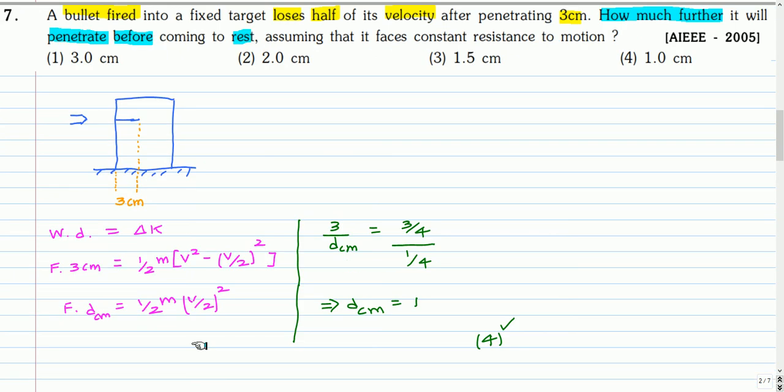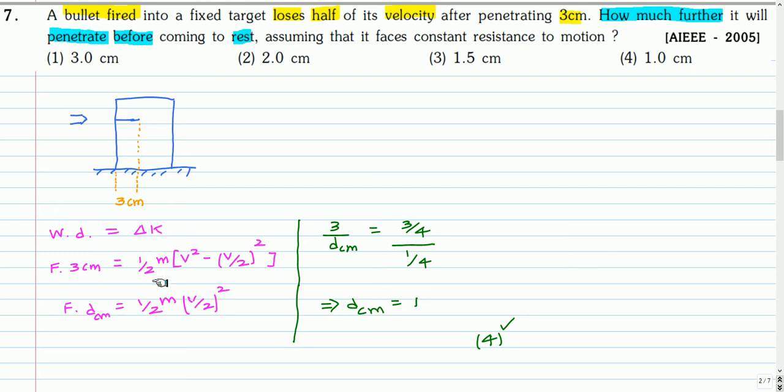Here is the solution. The bullet is fired into this target. It penetrates a distance of 3 centimeters before it loses half of its velocity. And then it will travel a further distance before it loses its velocity completely. So traveling a distance of 3 centimeters, it loses its velocity by half. So the work done by the bullet while penetrating against this resistive force will be the decrease in the kinetic